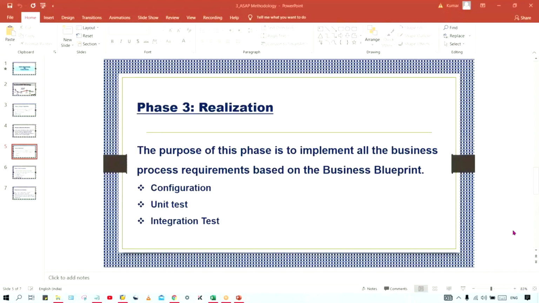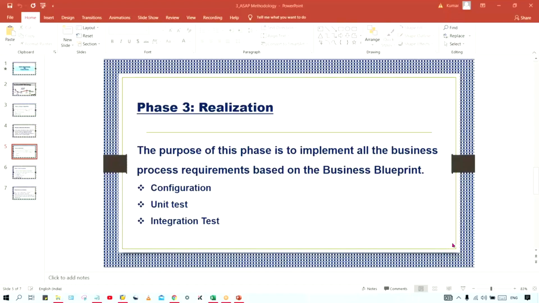Unit test is like, for example, if I have done any single configuration, like I have created some company code or something, I'll test each and every stage. That is known as unit test. I understood what you're trying to explain here.